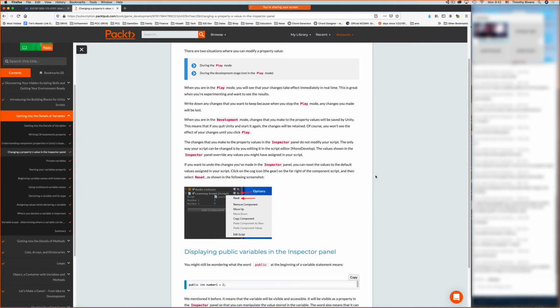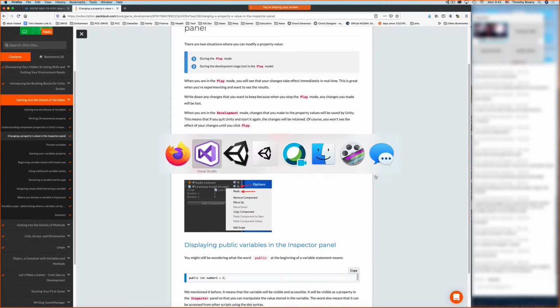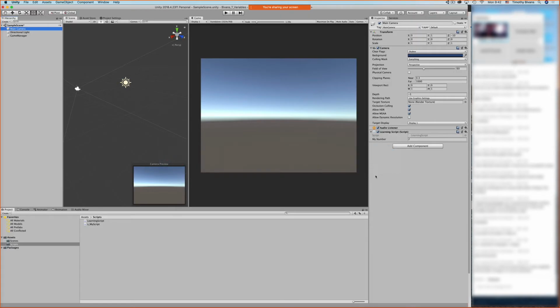When you're in play mode, you can change things in the inspector, and it takes place in real time. When you stop it, those changes go away, and you really need to know that. This is not in the video that I recorded. This is important though. If I push play here,